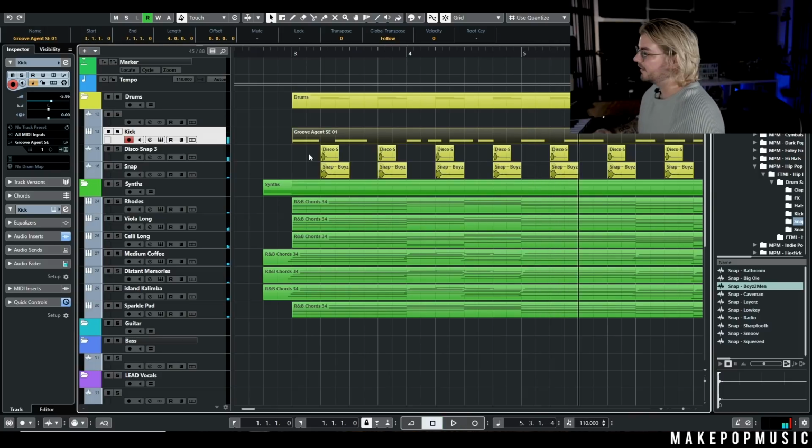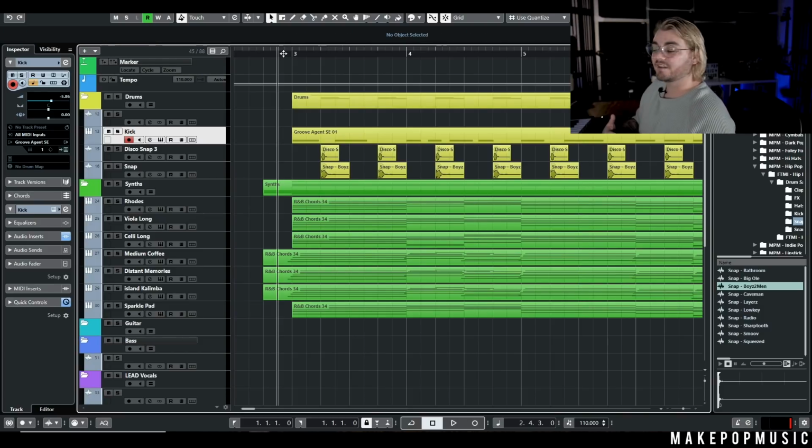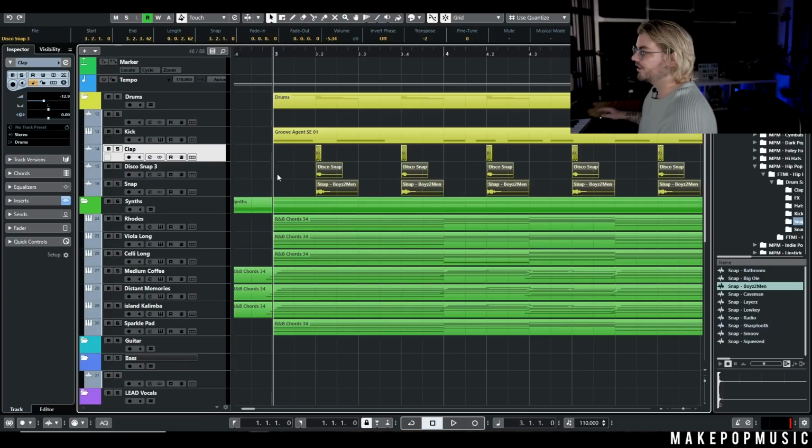So let's add the next thing. I think now we can start kind of layering up claps. So this will probably be the chorus. What we'll probably do is drop back to just the snaps in the verse and then layer up a clap right over here. So let's do that real quick. All right, so I just dragged in a pretty generic hip hop clap, and then I've turned these snaps down. We'll turn them up in the verses, but now we have